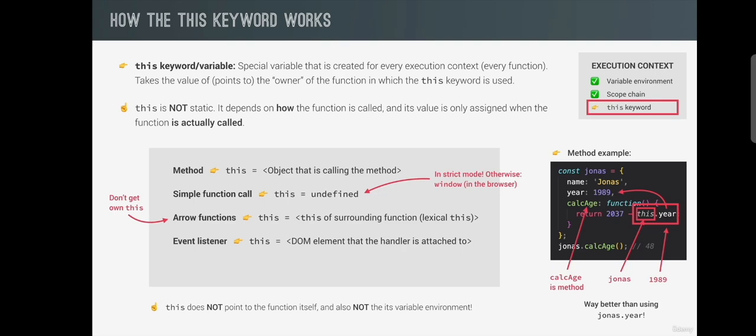Alright, and now just for the sake of completion, there are actually other ways in which we can call a function. For example, using the new keyword or the call, apply, and bind methods. But we don't know yet what any of these are, and so I will talk about how the this keyword works with them when the time comes. Anyway, that's it for this lecture,